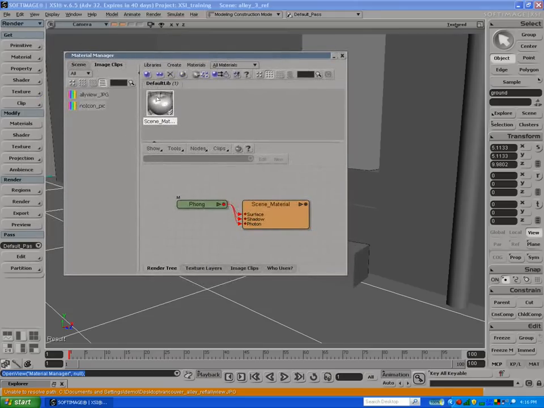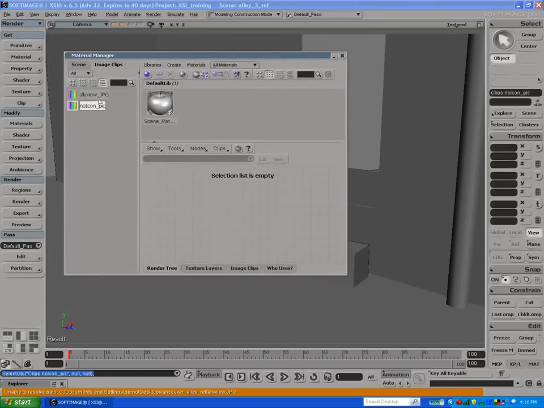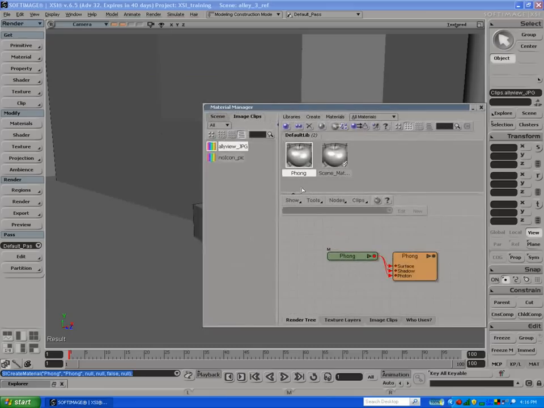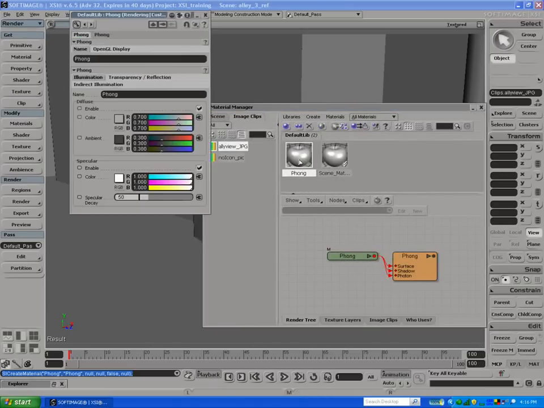This is made up of several different views, and there's different options you can change if you don't want things to change, like stuff to hide when you click on it. So there is an option somewhere in the preferences. What you have here is your textures, your materials, and a little render tree, and a bunch of other icons to create new materials, a create menu. We're going to create a font material here, and you can assign that material by dragging and dropping. I'll change the color first of all,